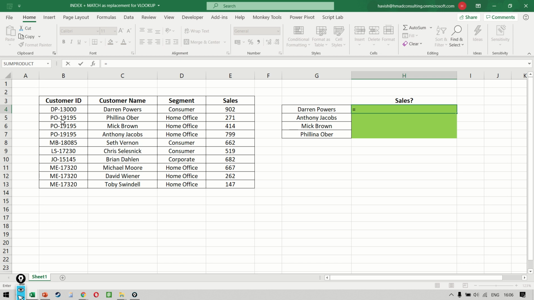Now to get the sales value, we can write equal to INDEX. My array here is going to be, watch carefully, I don't need to bother and select starting from C. I can start selecting from column B as well. It doesn't matter, and you will see in a moment why. Now, what is the row number? My row number here is going to be Darren Powers searched in the entire column C, which means I'm using a MATCH to search for Darren Powers in